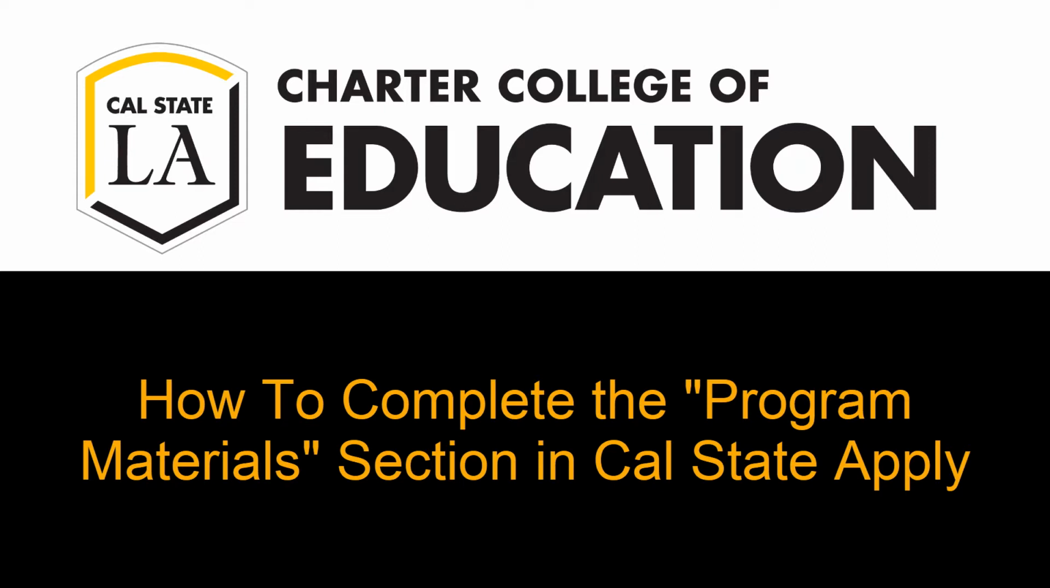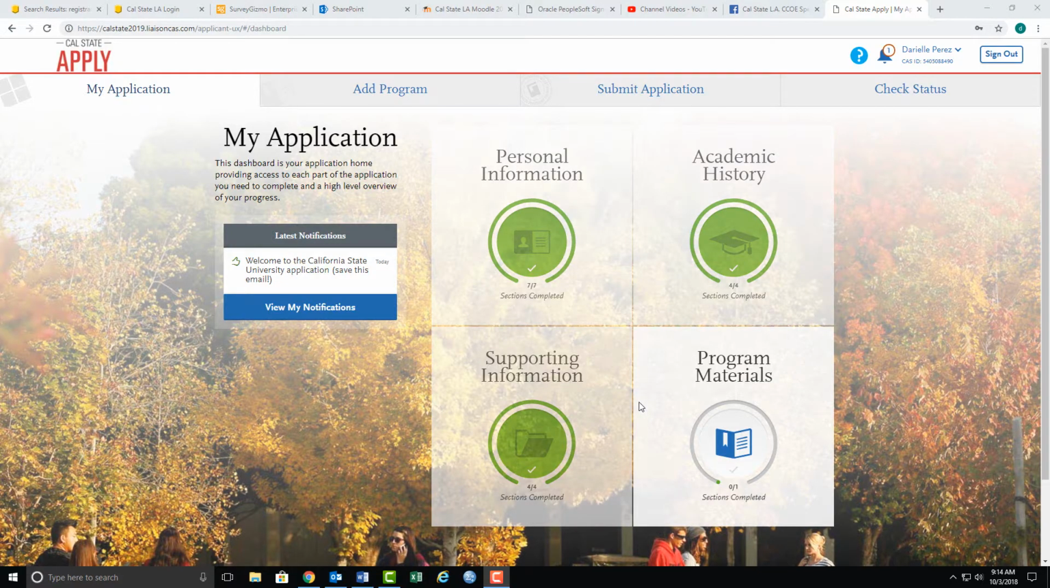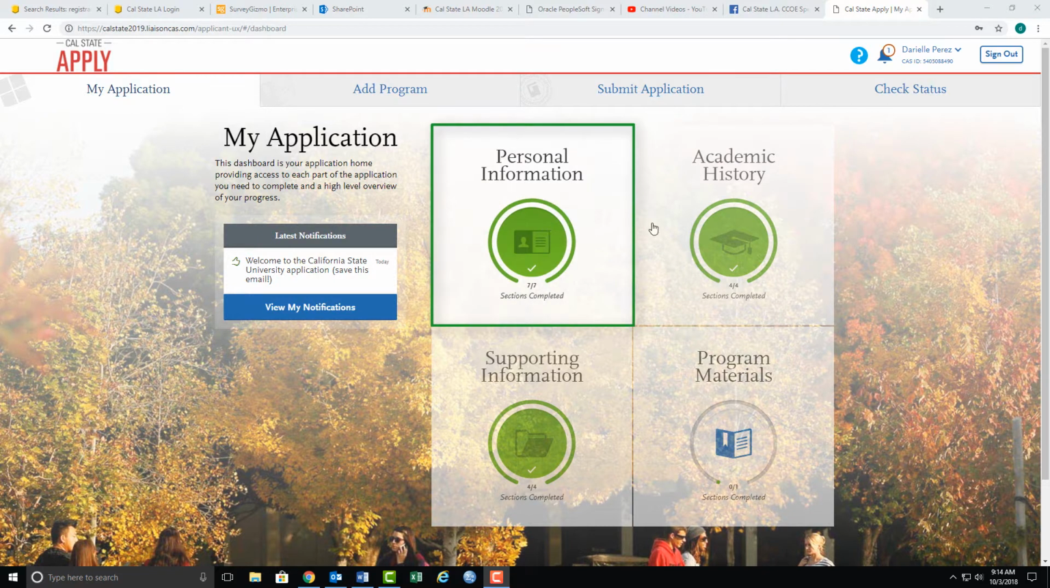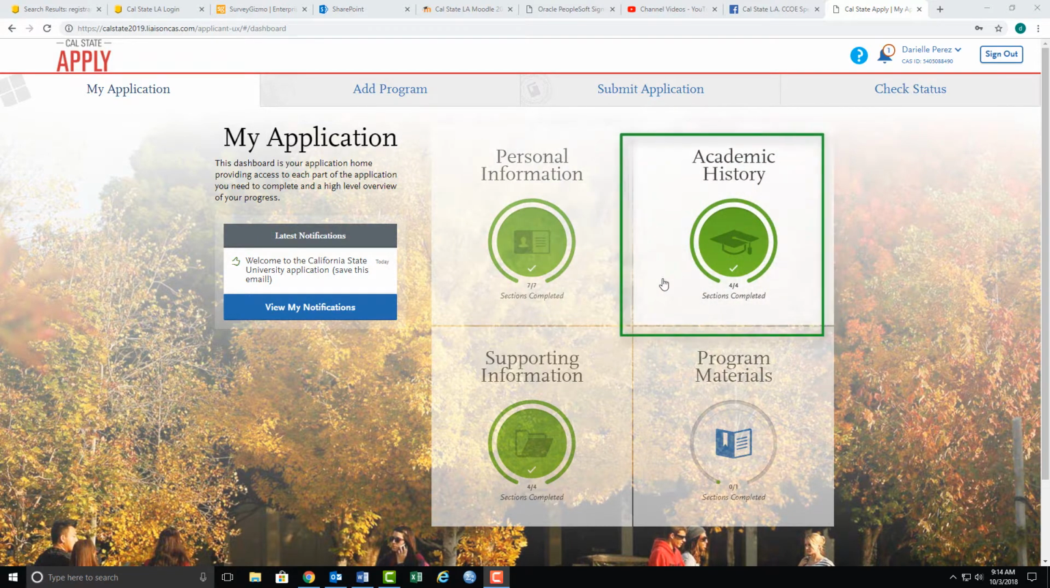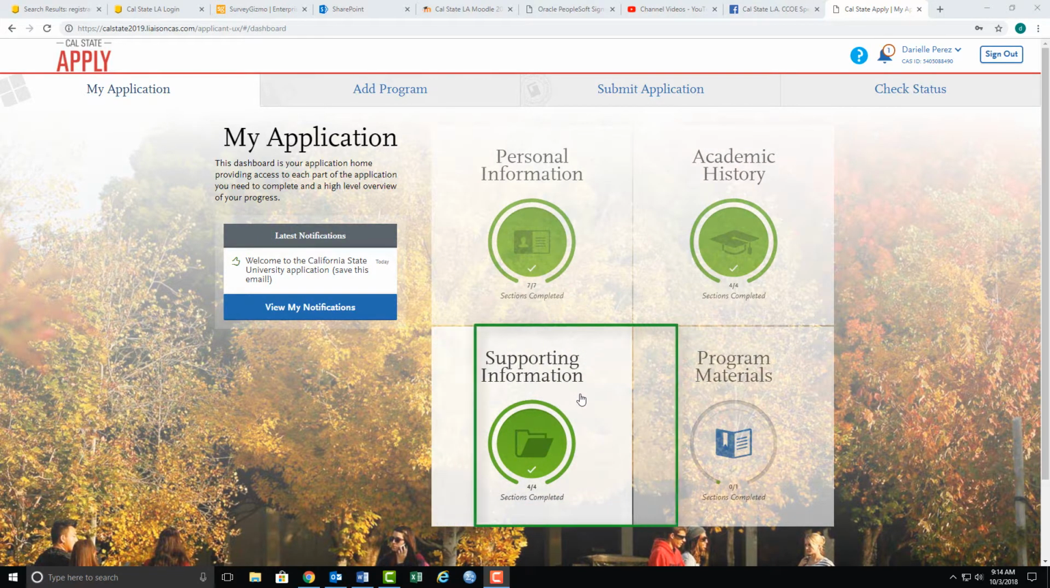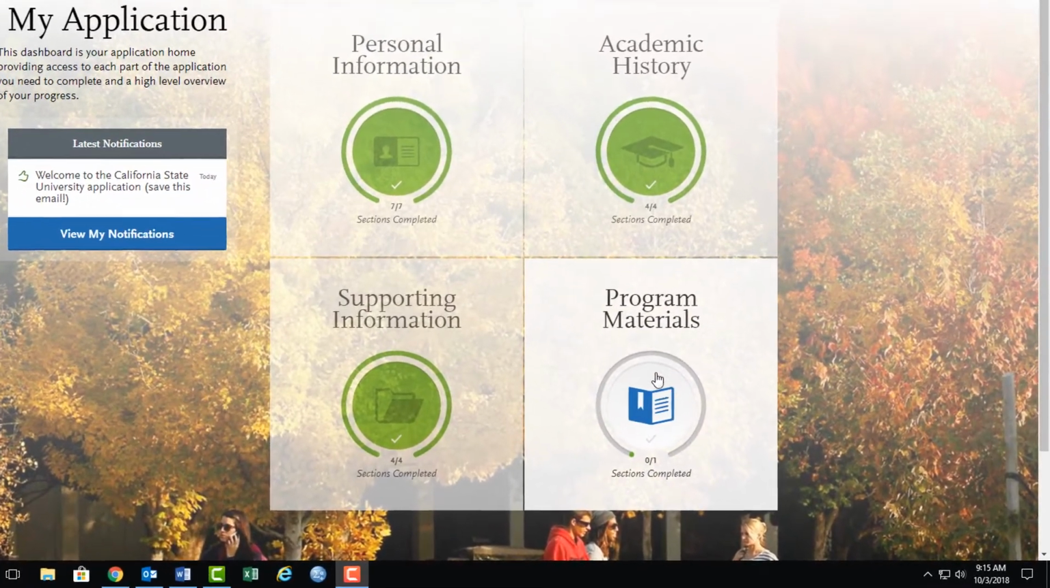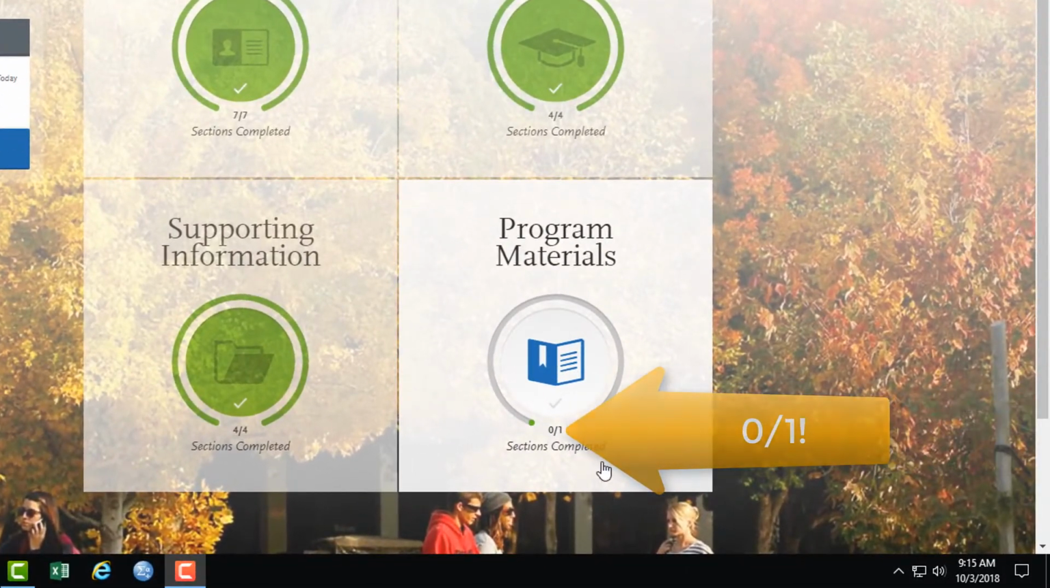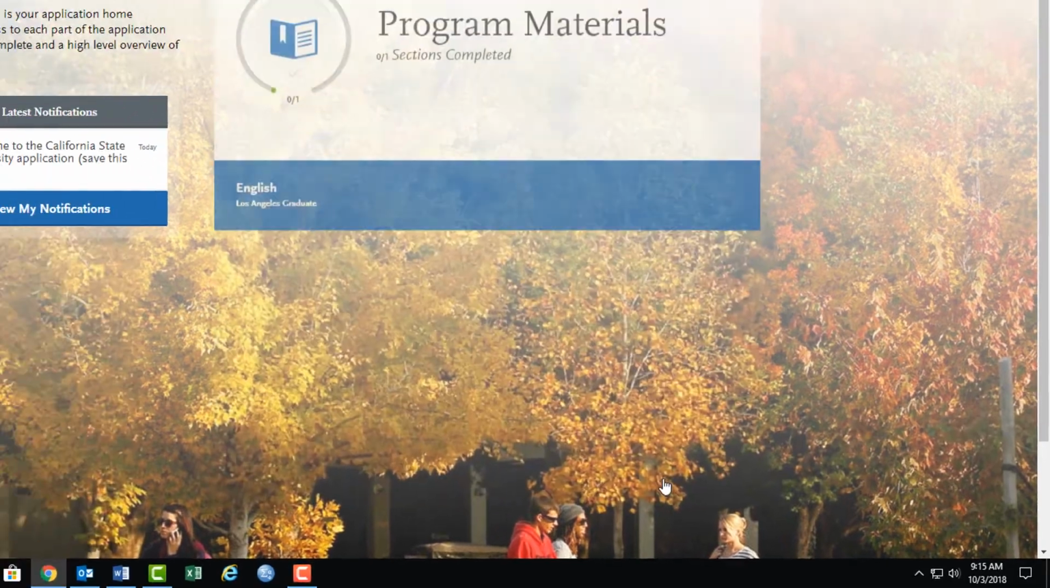This brief tutorial will show you how to complete the program materials portion in Cal State Apply. First, we notice that we have 3 of the 4 sections complete: personal information, academic history, and supporting information. Notice for the program materials it's still blue and has 0 for 1, so let's click the program materials to